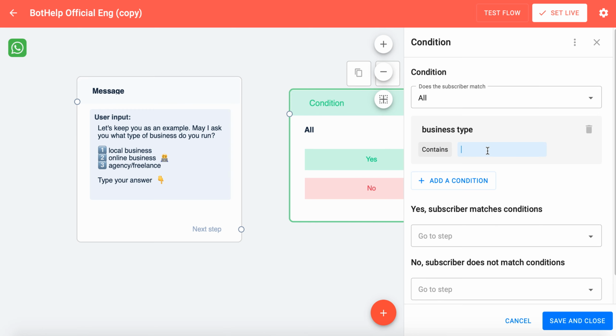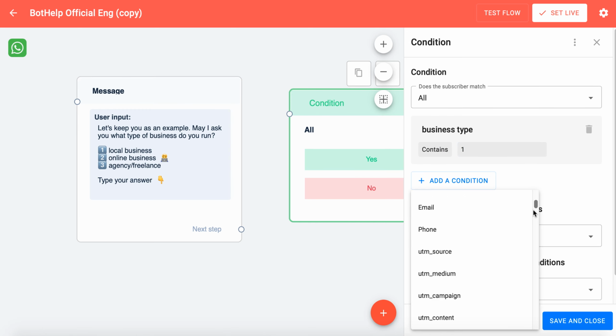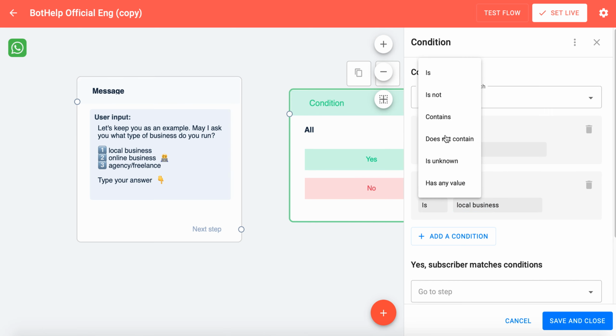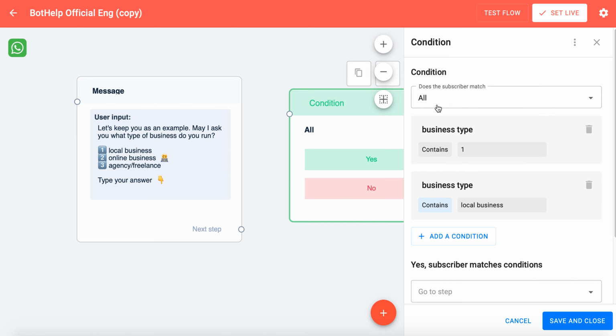And so we match the options we offered to a client in the question with his answer. To do so, you choose contains one or contains local business. So we have two options and two conditions. And in our case, we select any in the match